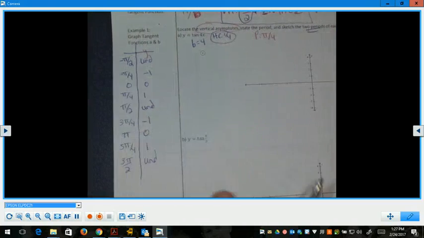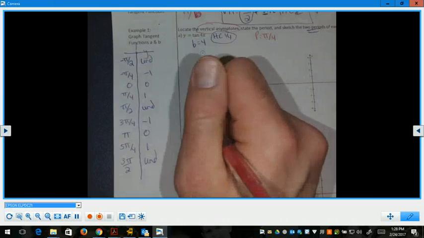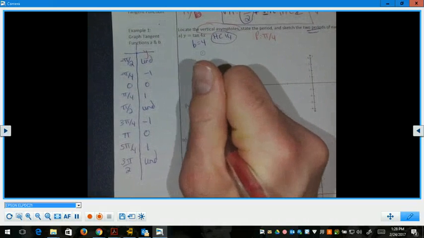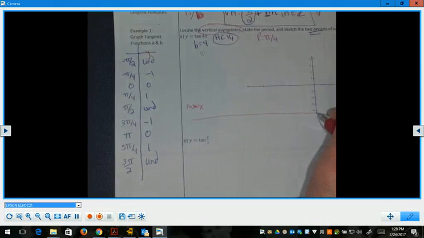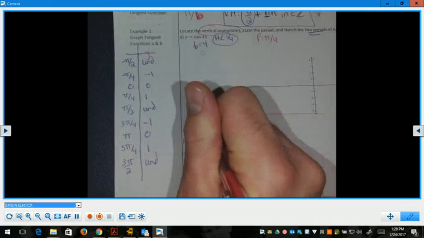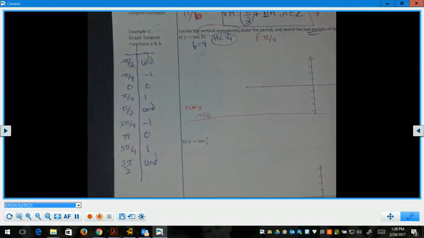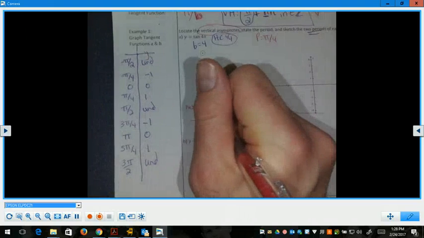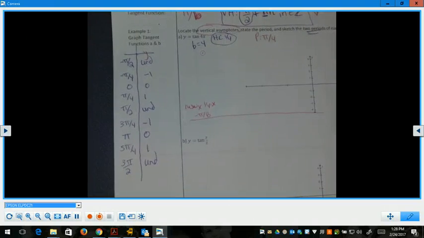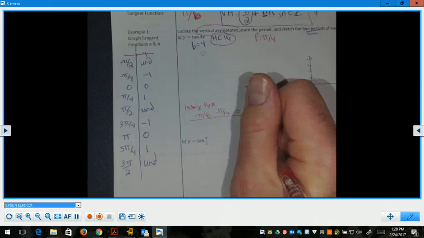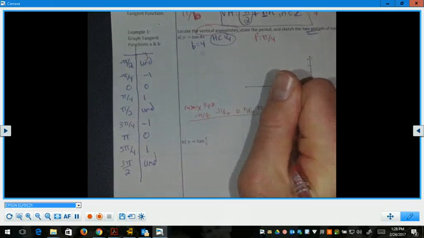So now all I have to do, I'm still going to graph those y's. Those will be the final y value. That didn't change. But I need my new y value, my new x, and I'm going to write that over here just because I want to use the same table when I get down to letter B. So my new x and y. Instead of negative pi over 2, when I multiply by 1/4, it becomes negative pi over 8. When I multiply this to get my new x, I have to do 1/4 times my old x. So this will become negative pi over 16, 0, pi over 16, pi over 8,